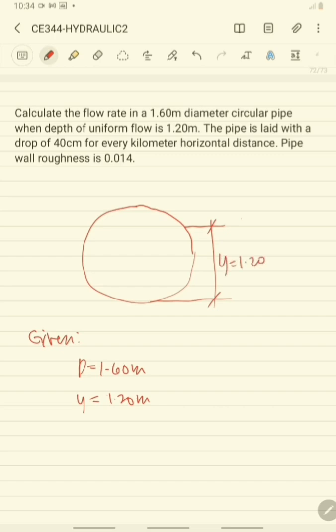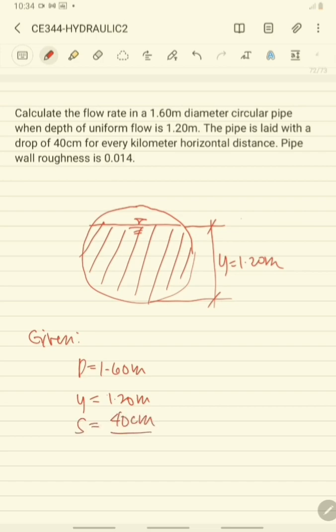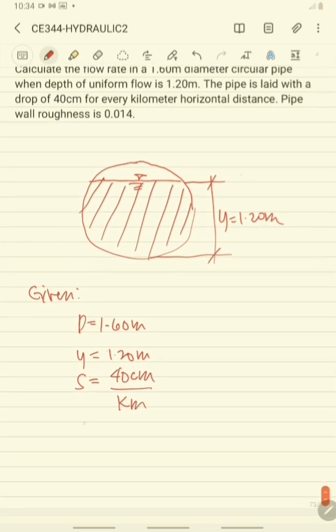So your pipe is partially full. So this is the area of flow. We also have the slope, which is 40 cm per kilometer horizontal distance, and the roughness, that is